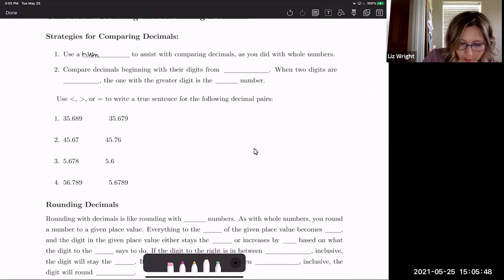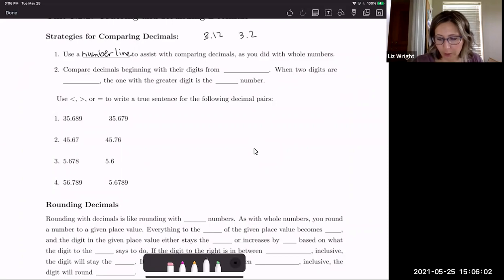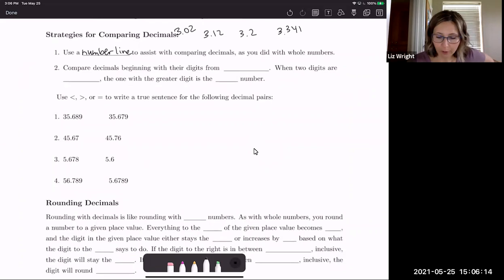So let me write this in. We can use a number line to assist with comparing decimals, just as you did with whole numbers. So like if we had 3.2 and 3.12 and 3.341 and 3.02. So if we're doing something like that, we would see that all of the threes are exactly